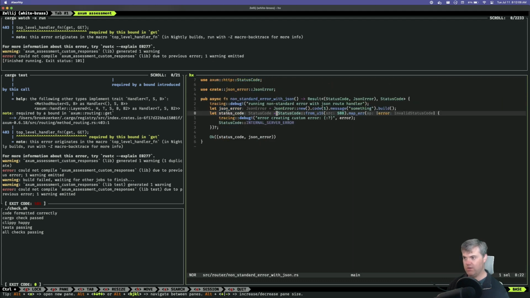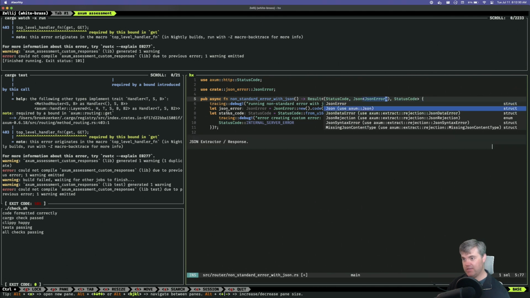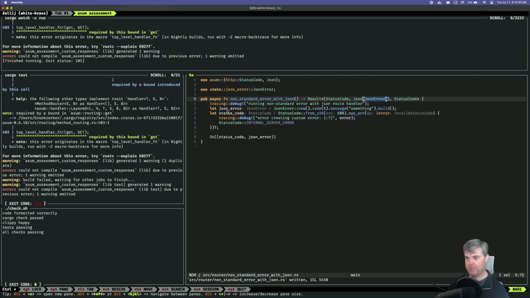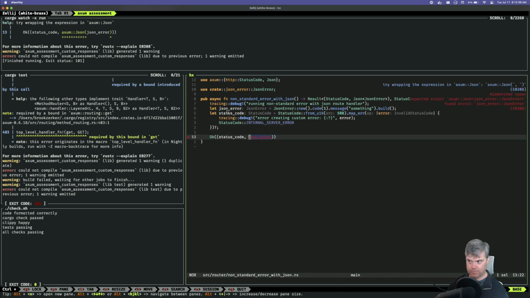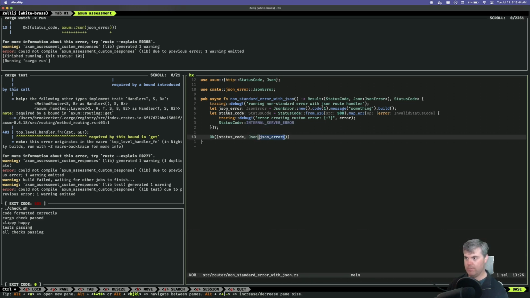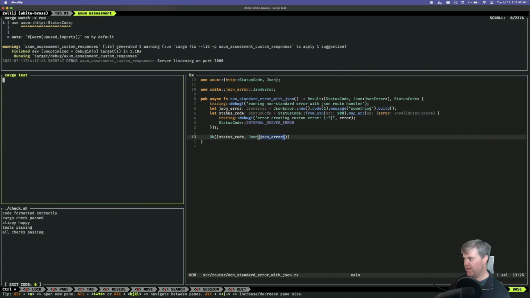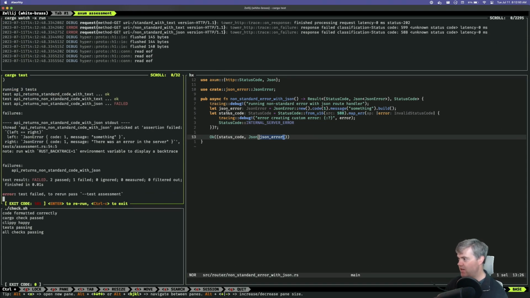Okay, hold on. What did I do wrong here? So I'm returning a result, just a normal result with status code, and oh, this can't be JSON error like that. It has to be JSON like that. There you go. Okay. Now you're happy.